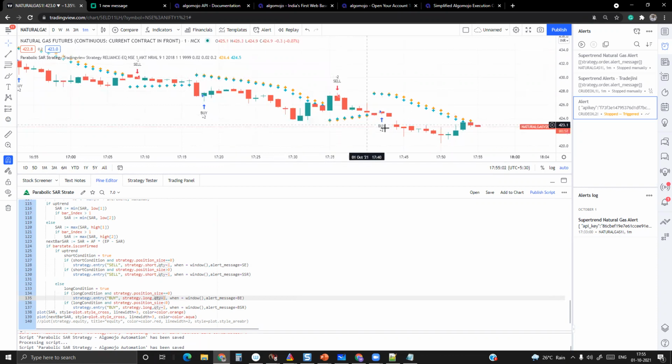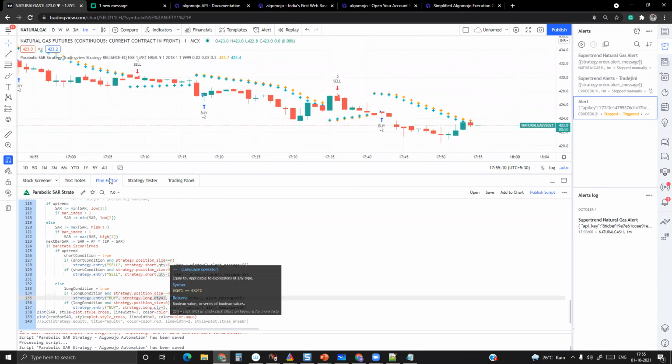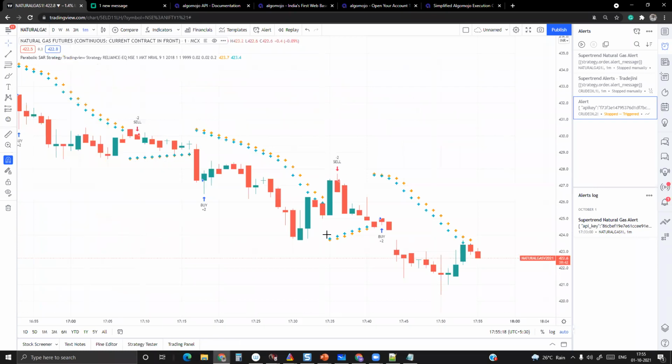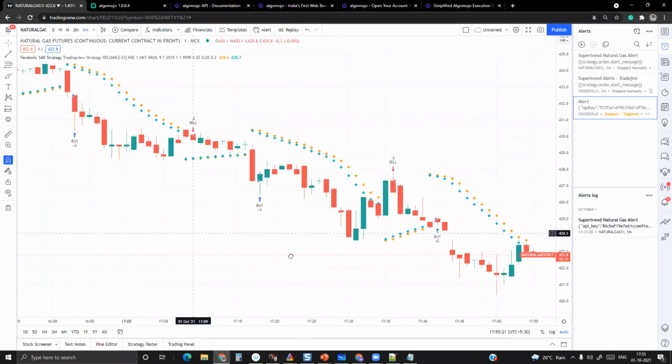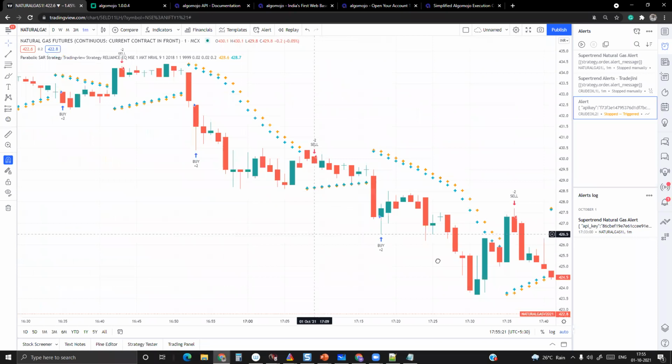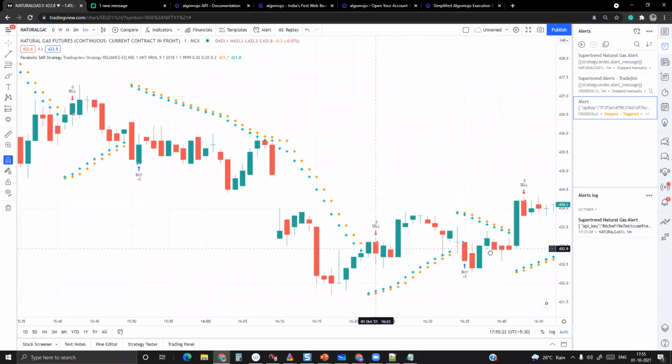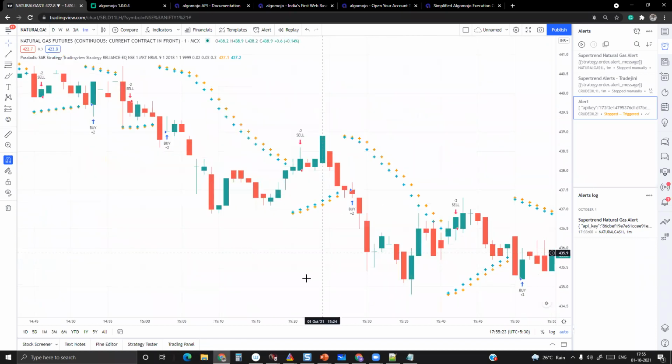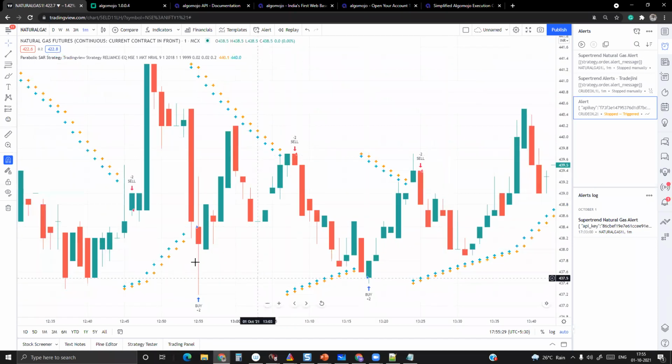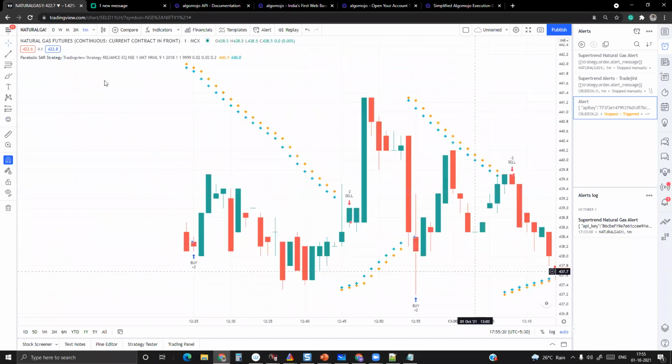So if it is an intraday strategy, you don't need to worry about those things. You can just simply configure. But if it is a positional strategy, yes, you should configure the backtesting time also. Let us say I'm running the strategy on a 1 minute time frame. Today I started running here in the morning. You see that in the morning, my very first signal itself has 2 lots. Maybe I'll go to something like a 5 minute time frame.